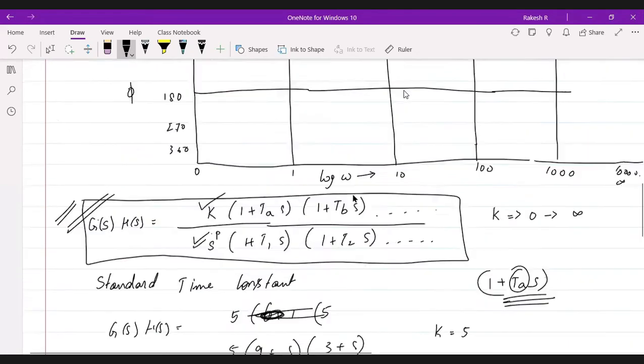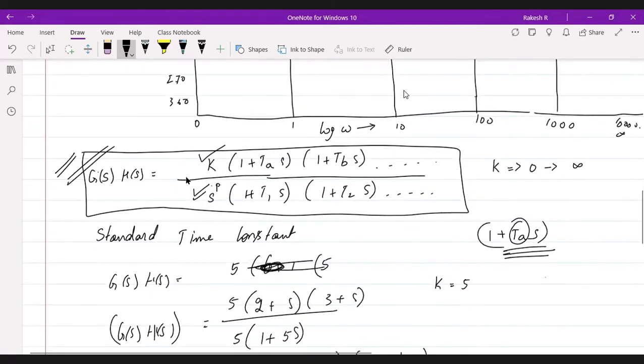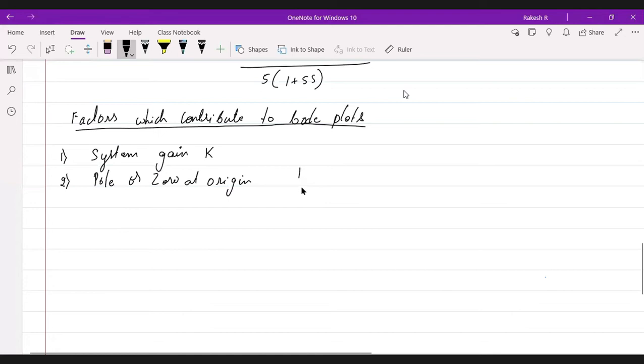You can ask, sir, you have written here only 1 by S. That means it is a pole, right? I have written here only 1 by S, not S. So when that comes to the denominator, the numerator will be in terms of points: S power 0.1 is the value which is there in the numerator. 1 divided by S, 0.01 is the value in the numerator. So you can directly take this value here.